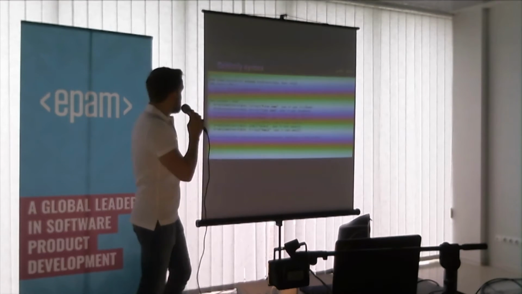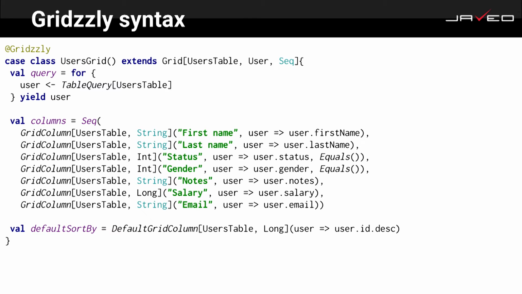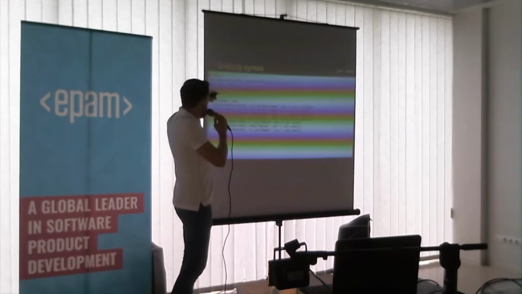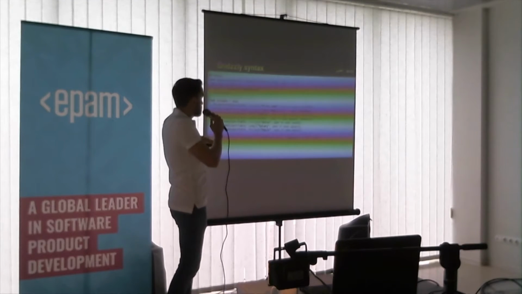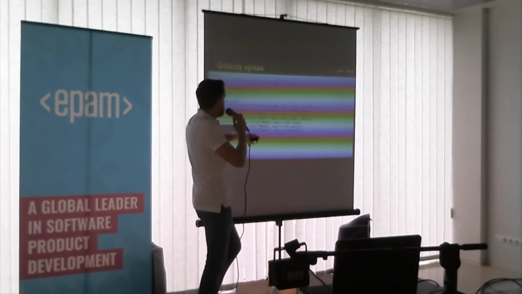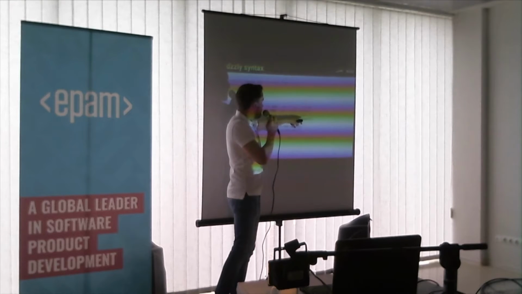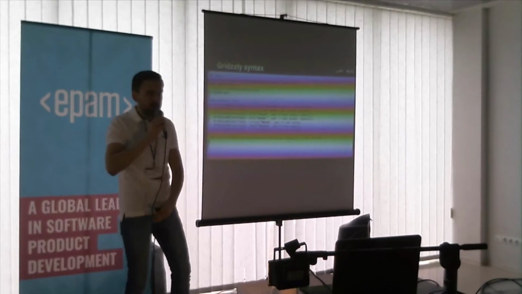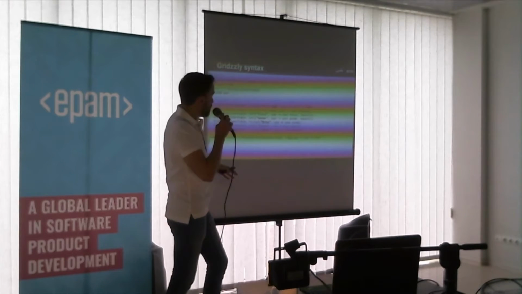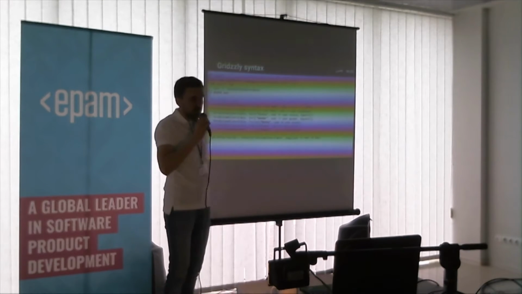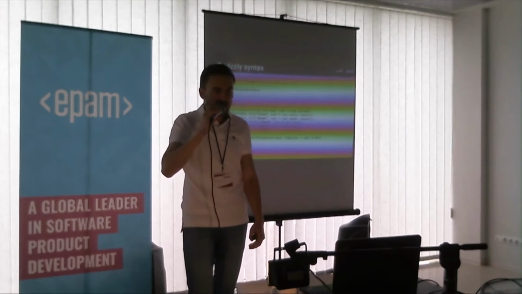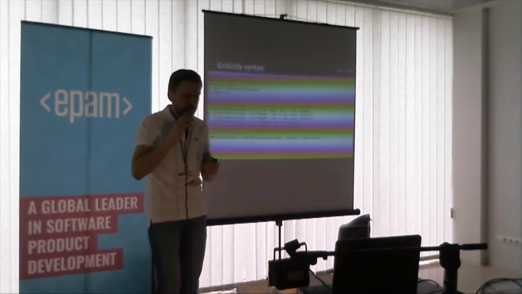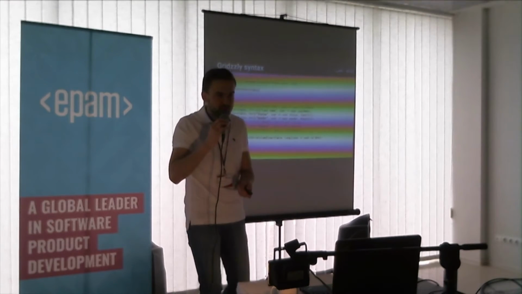And so let's look at the syntax again. What the developer has to specify is a set of columns, as I said, the query, and default sort by, because it was useful for us. You also can write this equals, which means that you will be filtering by comparing equality, and if you do not write this, you will have filtering by like. So the syntax of this library is not important